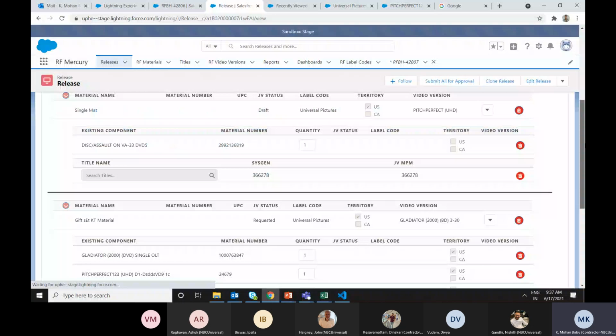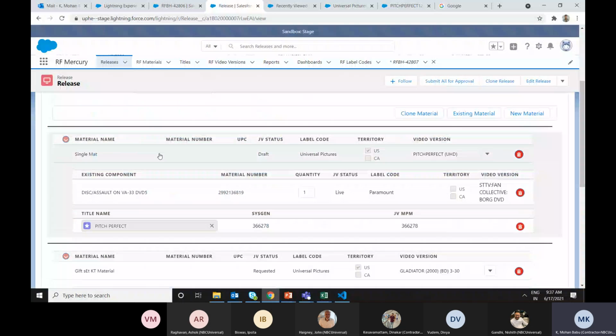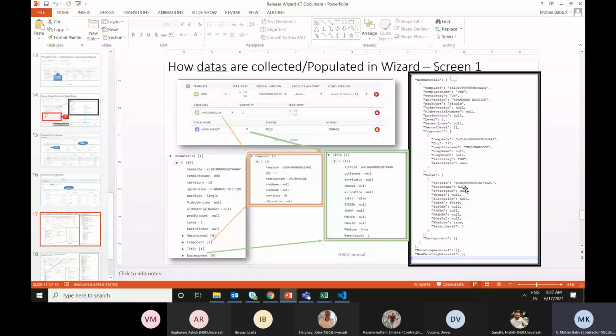Okay, so these are the existing material, which means these are the material which has already been linked to the release. So if there is anything related to this release, while navigating to the wizard itself, we'll have some of the details under this existing material attribute. Okay, and now if I click on existing material and add any of the things, all the related changes are collected and populated under this new existing material variable.